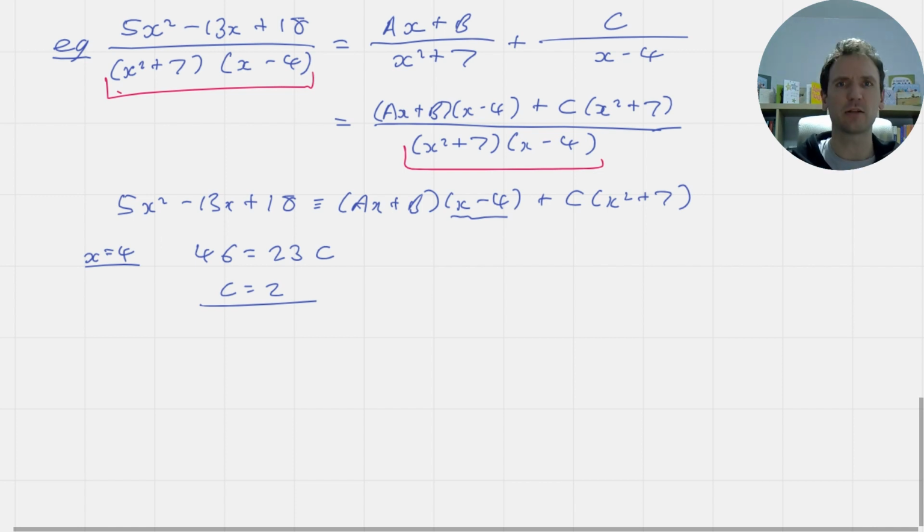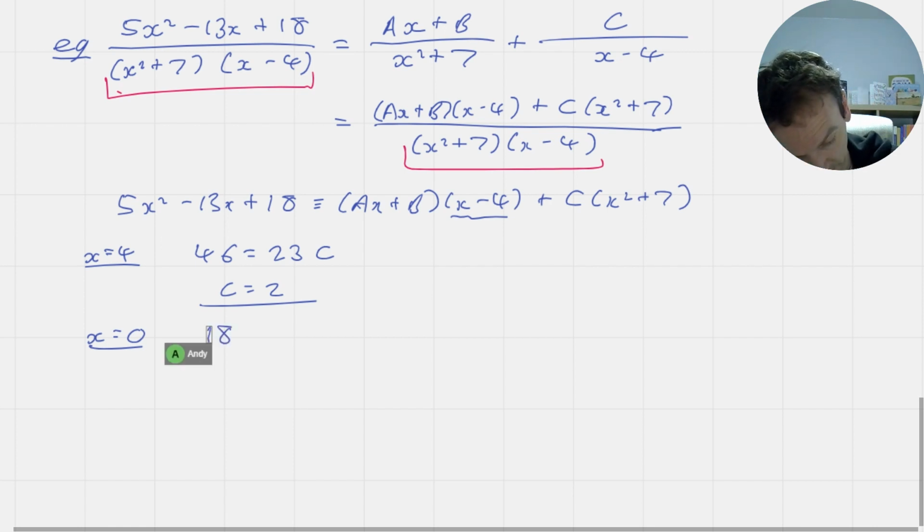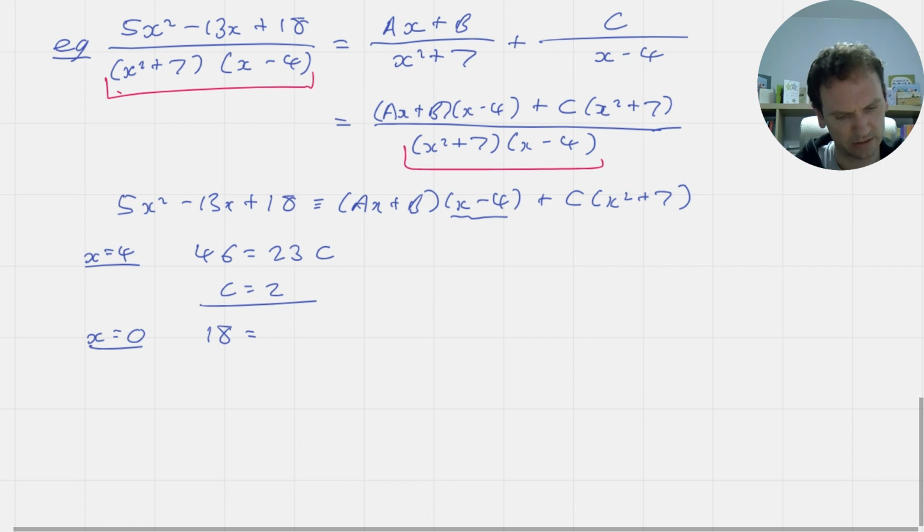At this point, it looks like we don't have any more clever substitutions because there's no value of x we can sub in to make the x squared plus 7 disappear. However, substitution x equals 0, we should see actually makes our life very easy indeed. If we substitute x equals 0, firstly, left-hand side's nice and easy to deal with. We just get 18. And on the right-hand side here, that ax just disappears because we've got a times 0,